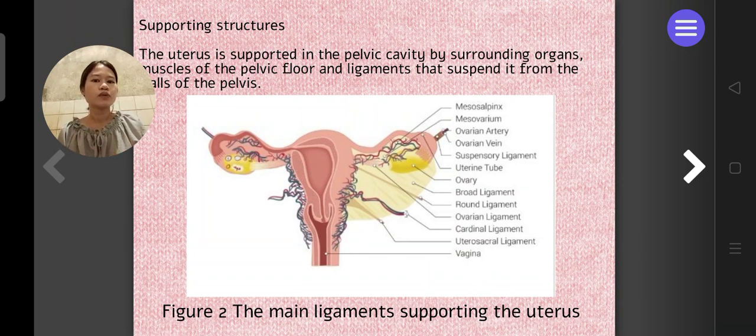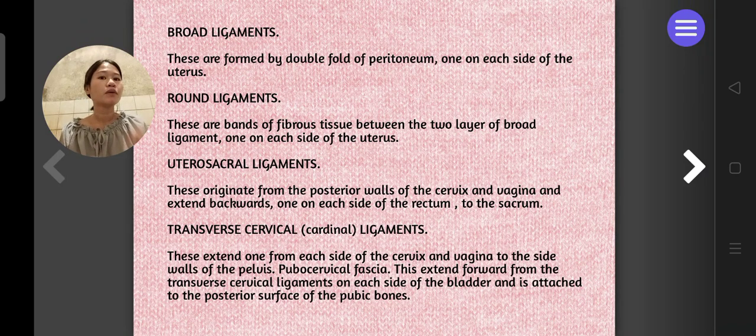So, let's go back to figure number 2. Figure number 2 shows the main ligaments supporting the uterus. So, kung mapapansin nyo, may image dyan na sobrang daming parts. The uterus is supported in the pelvic cavity by surrounding organs, muscles of the pelvic floor, and ligaments that suspend and form the walls of the pelvis. So, madami yan. Merong broad ligaments, round ligaments, uterosacral ligaments, transverse cervical or cardinal ligaments,